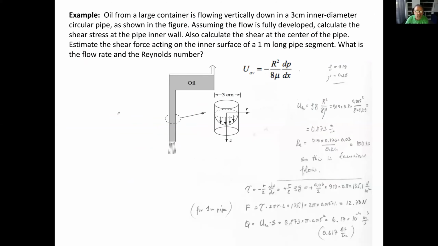Here we go. So we have a container. Remember, we did something very similar in the case of the flow between parallel pipes. And this is also the argument of why we lost the gravity term. So we have a large container, and then somewhere here in that area, we're going to have flow, which looks like that. So this is a circular pipe. And we can say that the average velocity, this is the formula we developed, is this, but how much is dP/dx? So then we can actually say that the pressure